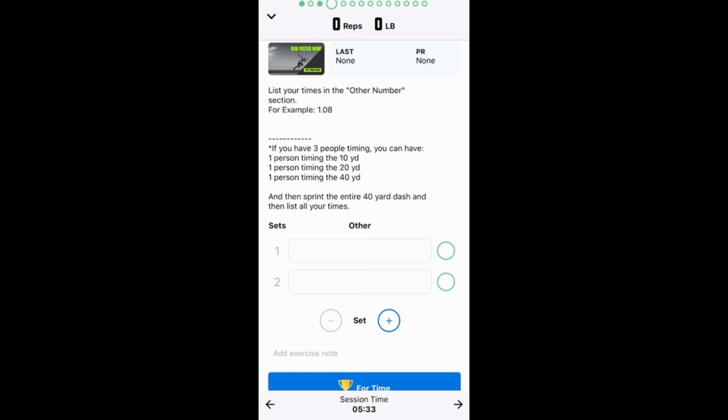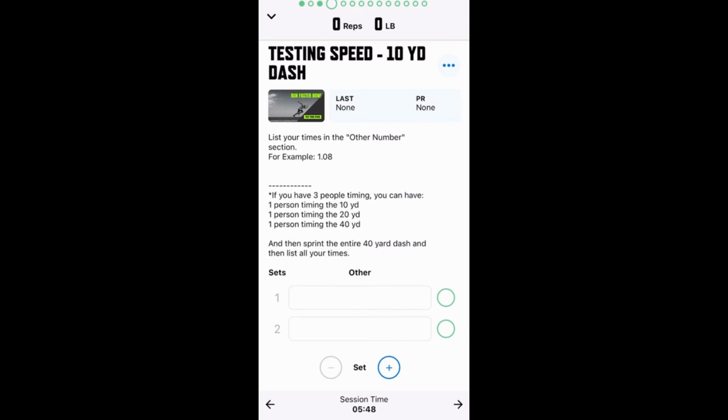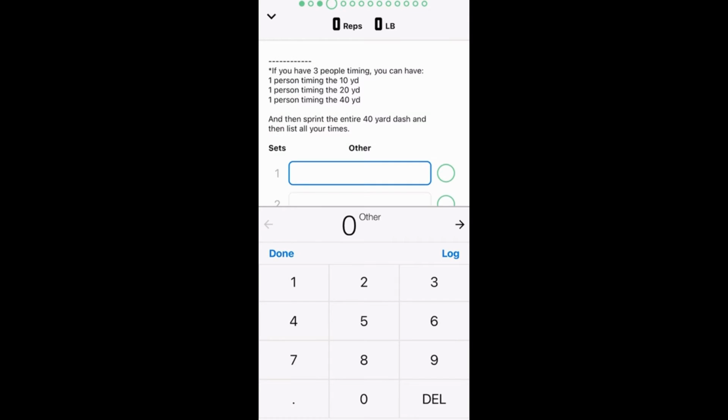And then as soon as you run through the finish line, as soon as your torso or the first part crosses, the person timing the 40-yard dash stops the time, and you're going to record it. Now, let's say you just did the 10-yard dash. We're going to record your time. Let's say you got 1.08, like in the example. You're going to press 1.08,